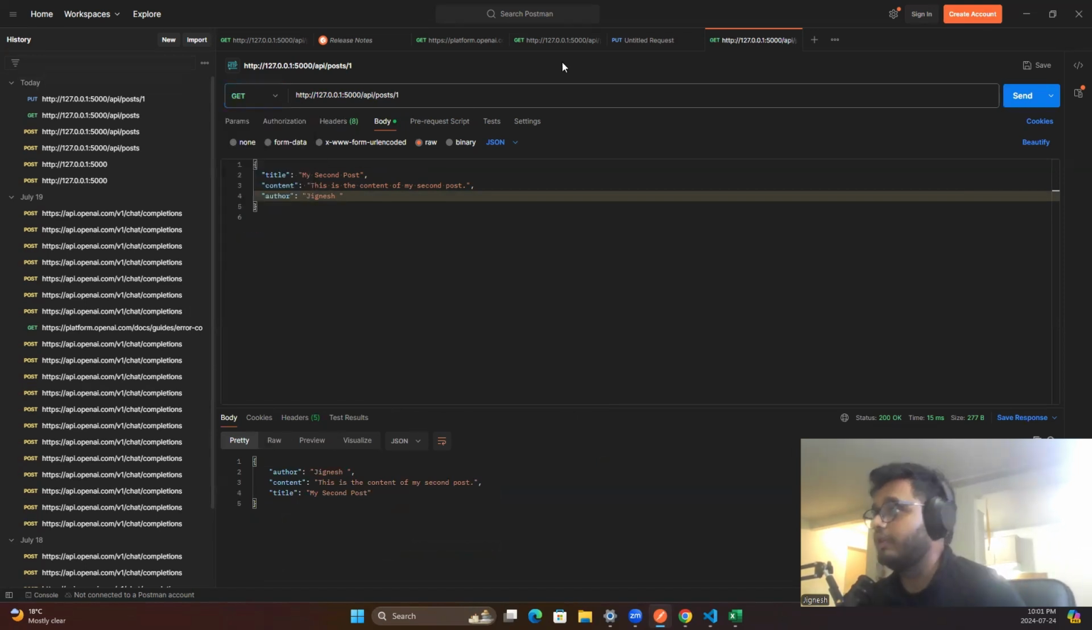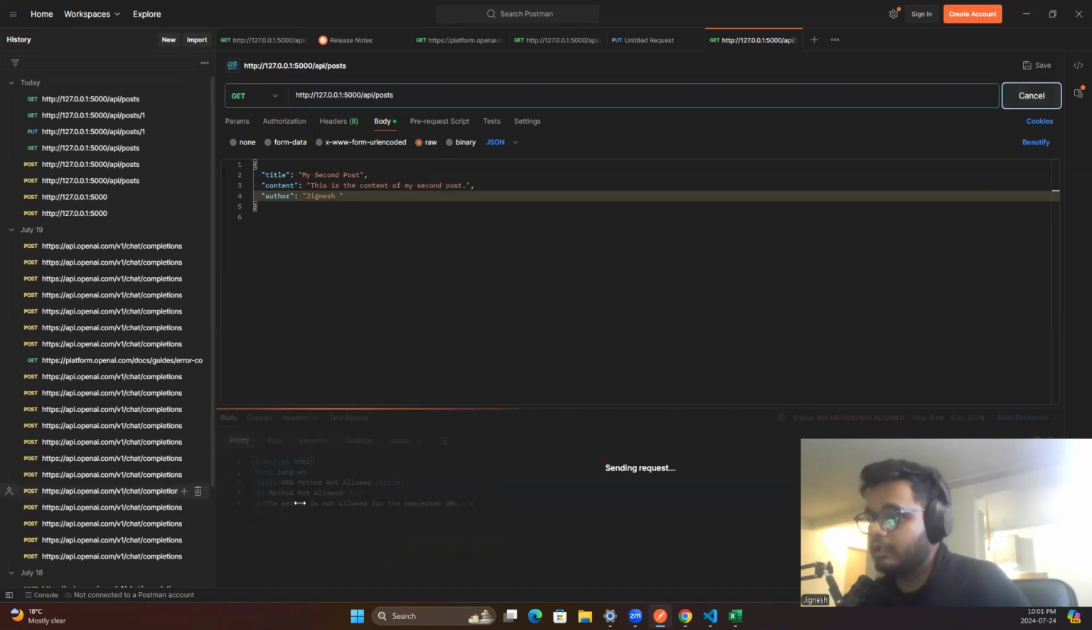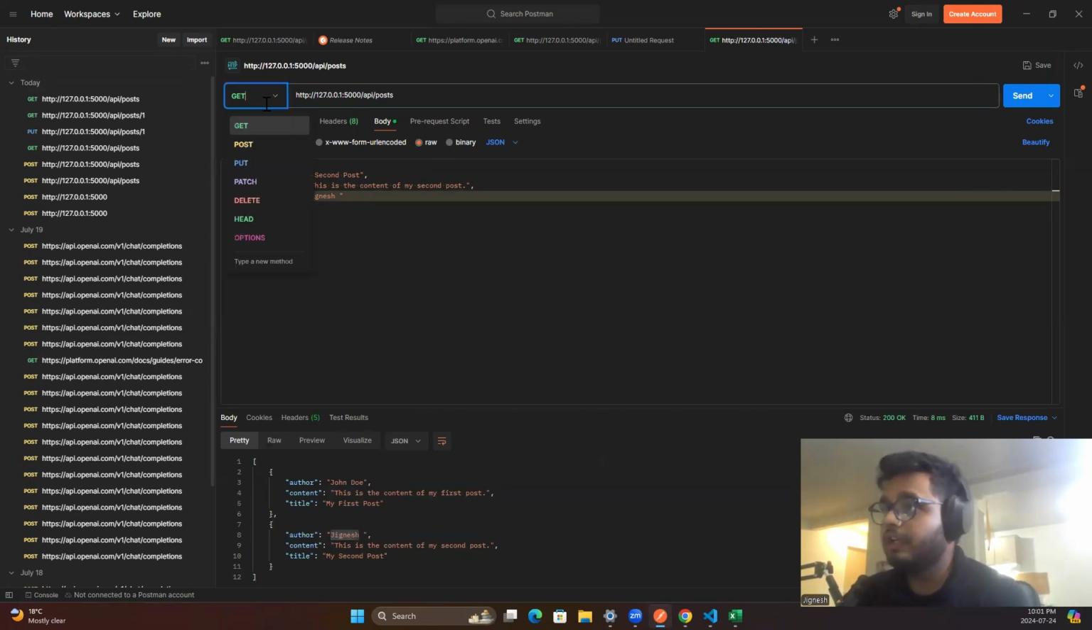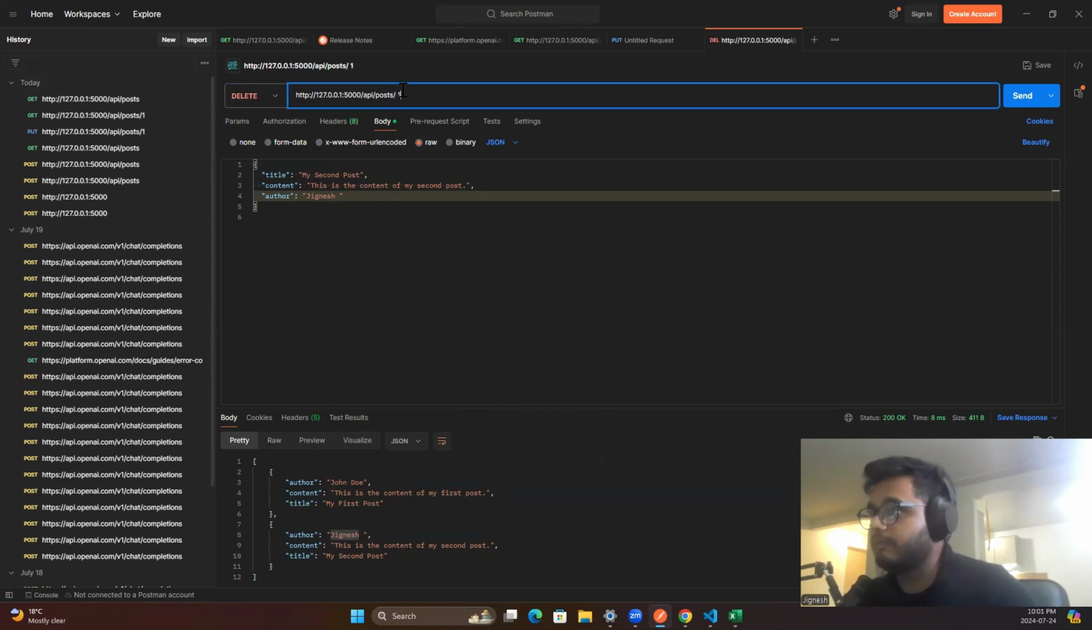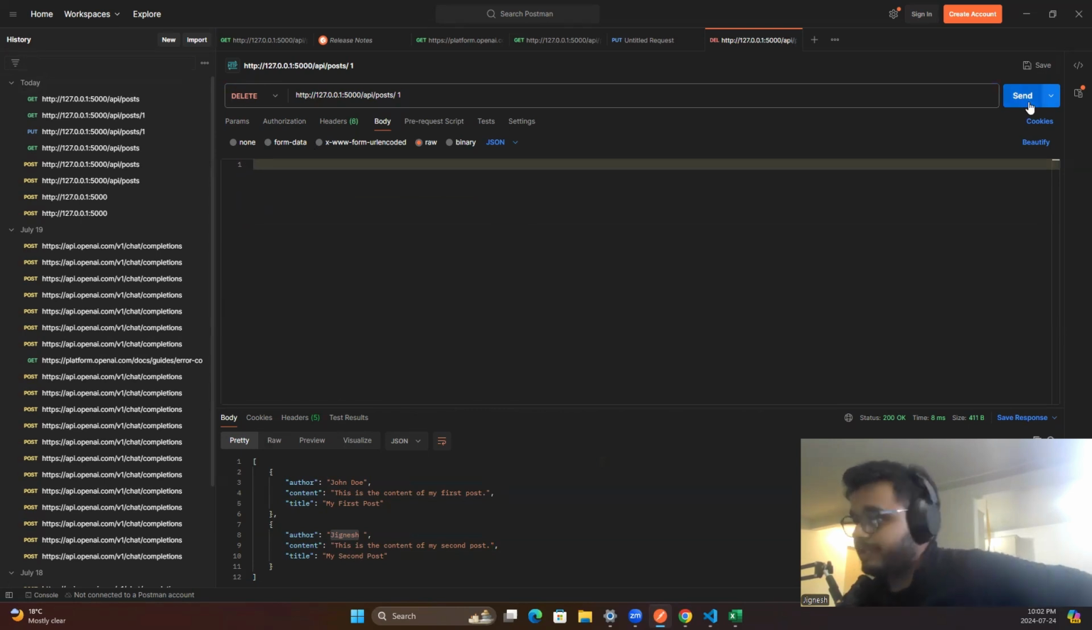So now if I go and do the get on it, we should be able to see the change if it was done successfully. Yeah, see, the old name is already replaced. So now let's try and do the delete. If I do the delete here, I'll just write one index number, and we don't need to add any body here. And then if I click on send,